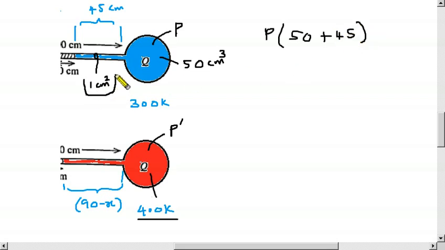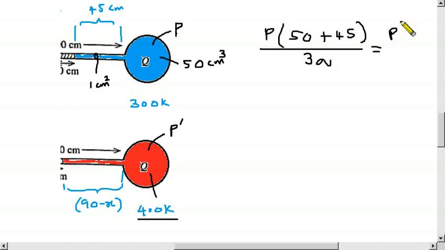Since cross sectional area is 1, if cross sectional area were 2 square centimeter, how to get 50 plus 2 times 45, like that. You have to convert this length into cubic centimeters, but now the cross sectional area is 1, therefore just 45, divided by this, the total volume, the temperature 300,